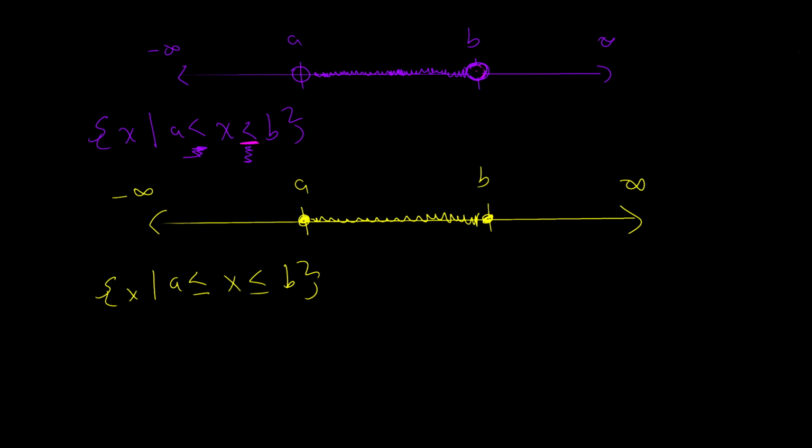And let's say that instead of having the equal sign here, I'm going to put it here. Then I fill in this circle. And so we have a way of talking about sections of numbers based on if things are equal to or greater than or less than